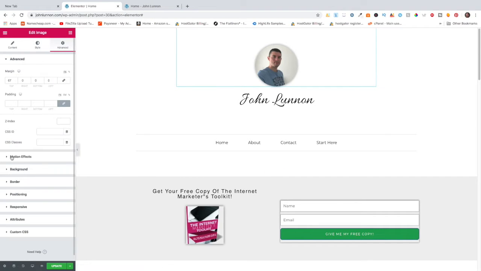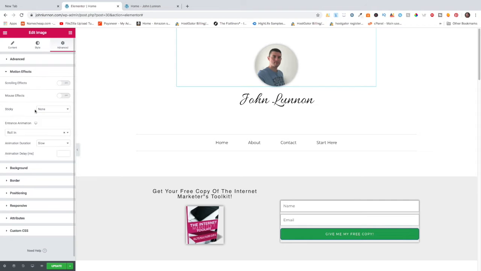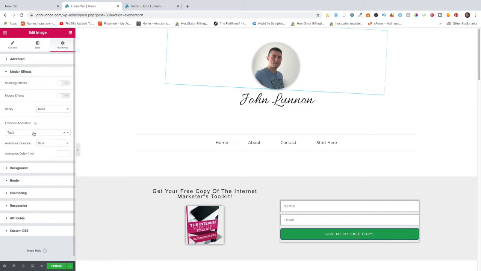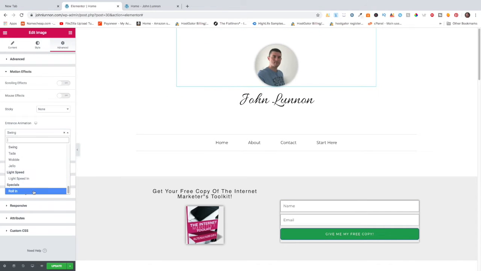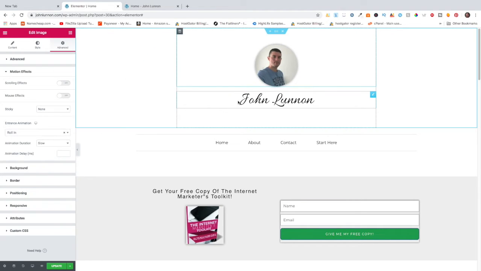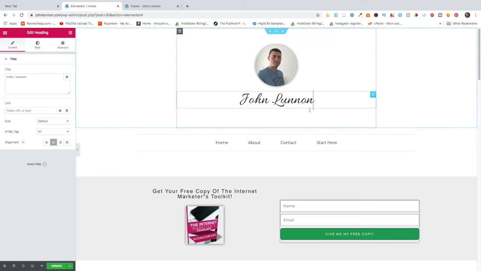And then I've also added some motion effects. So I've done it so it rolls in. So you can change that, go from different angles. Ta-da! You got swing. So I'm just going to do it so it rolls in. Okay, so that's that part, and then underneath there I put my name underneath, and I put a